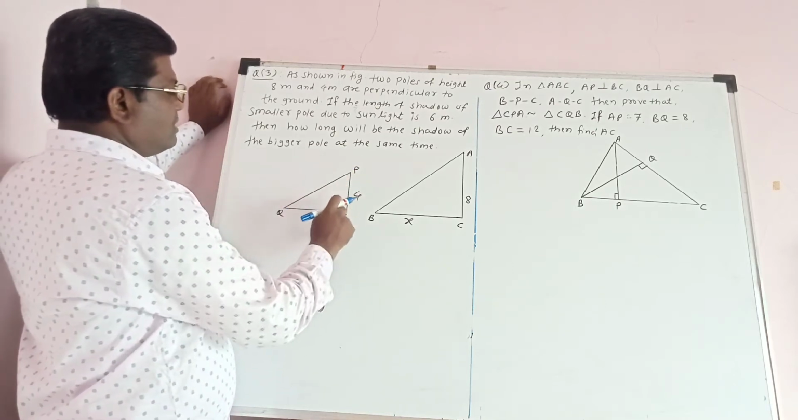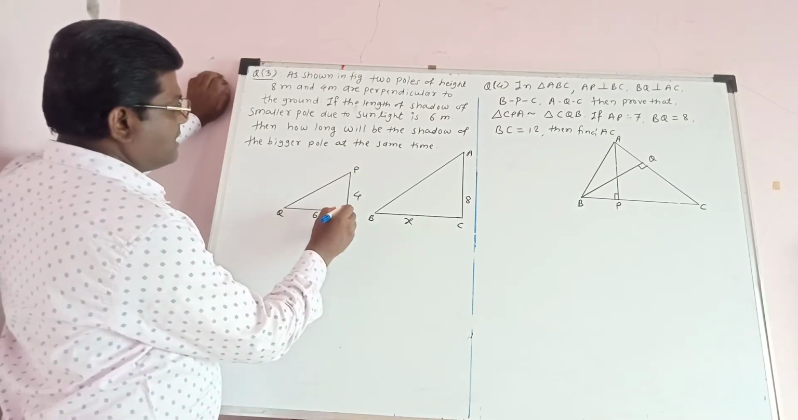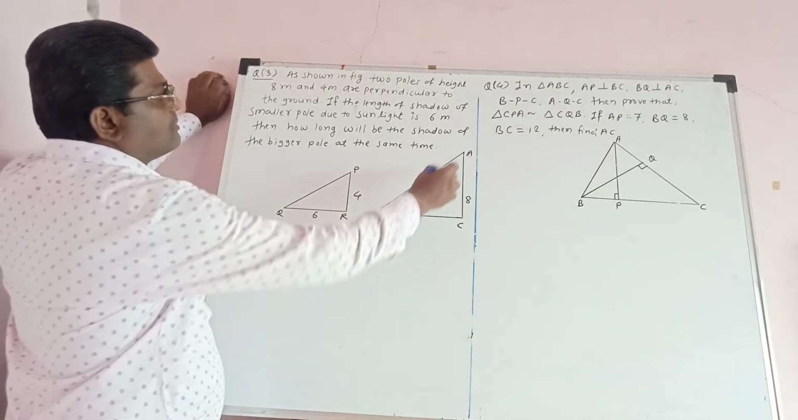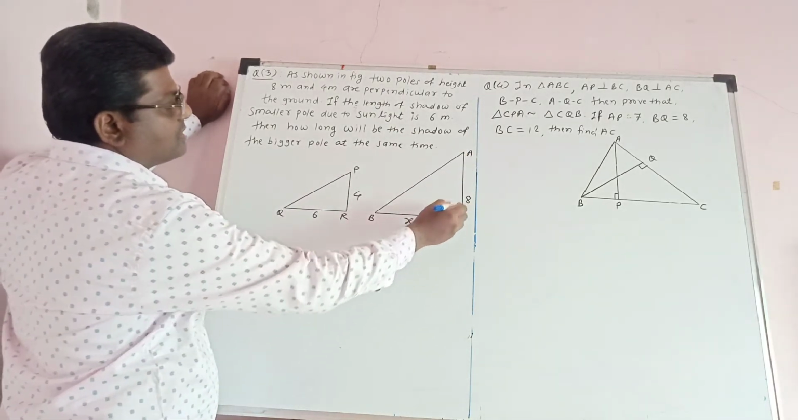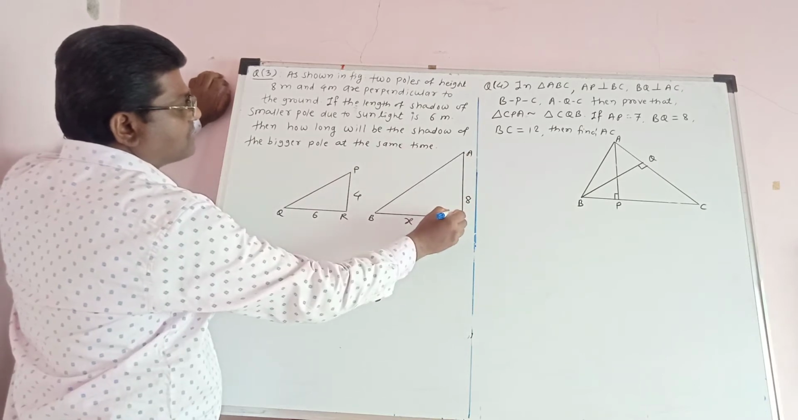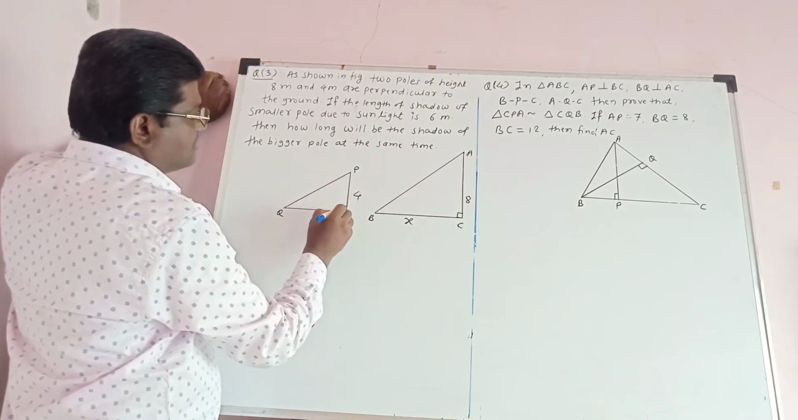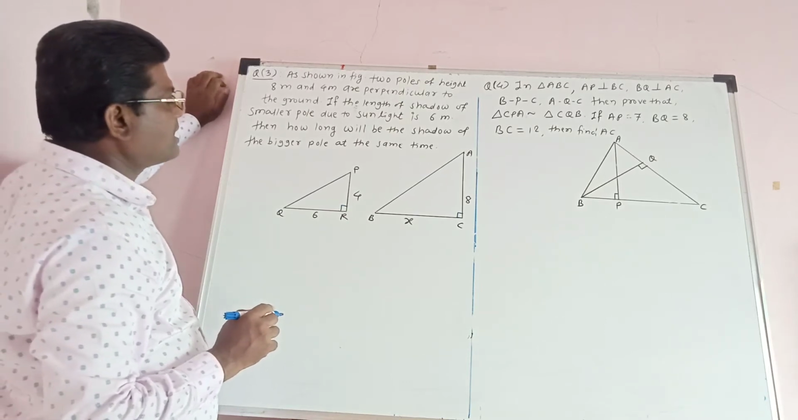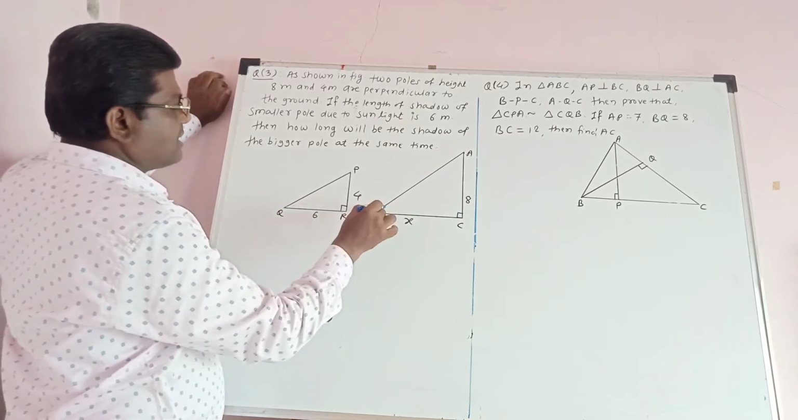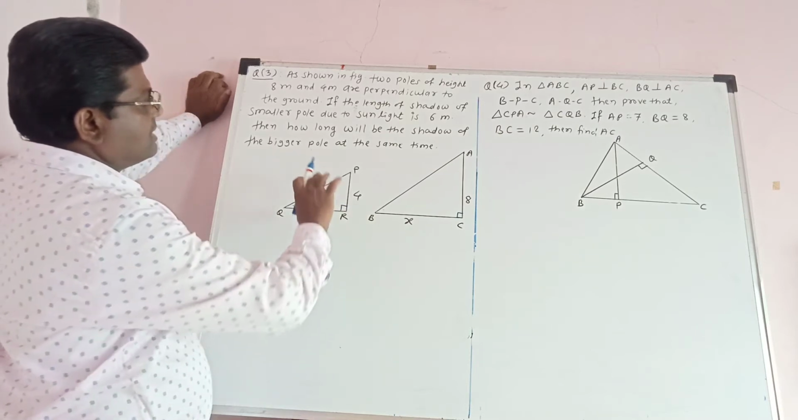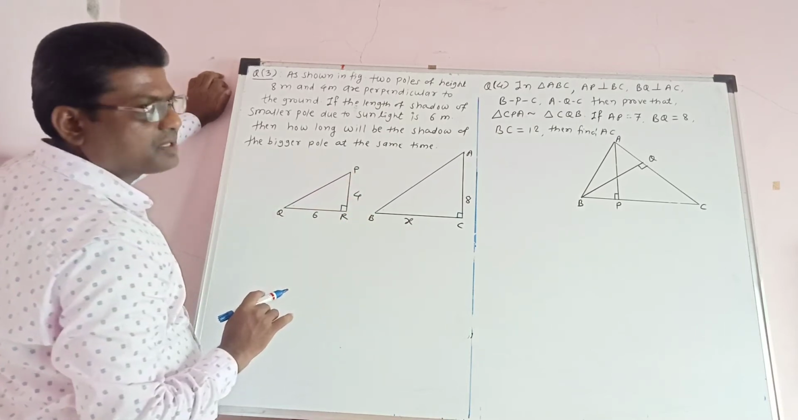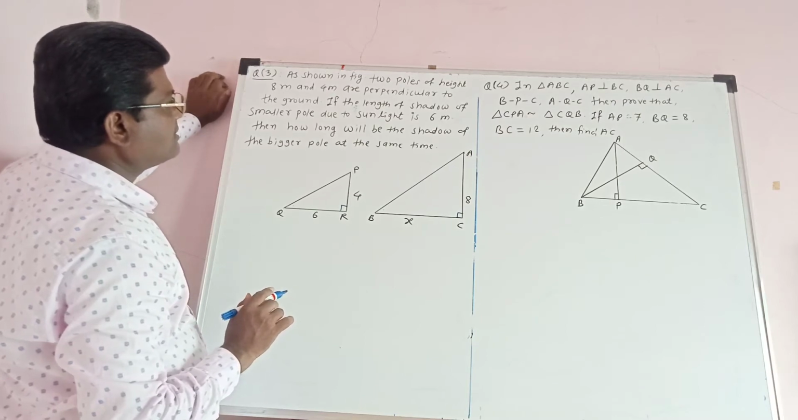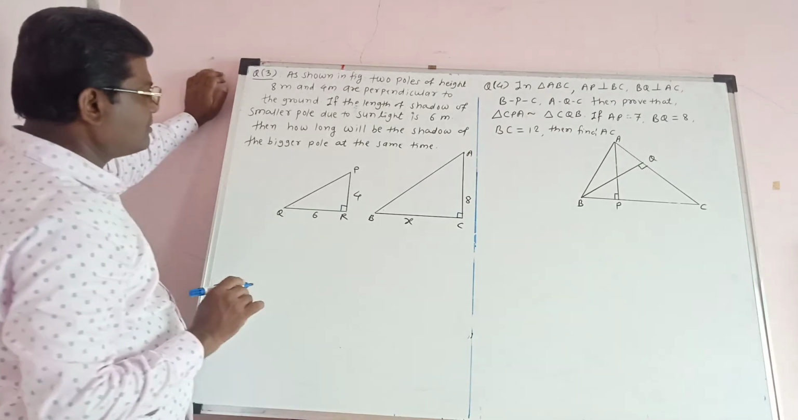This is a smaller pole. It makes right angle to the ground. This is bigger pole. AC is bigger pole. This makes right angle at the ground, and shadows are cast at the same time. Therefore, these angles are also same. Therefore, these two triangles become similar because shadows are cast at the same time. Therefore, we write